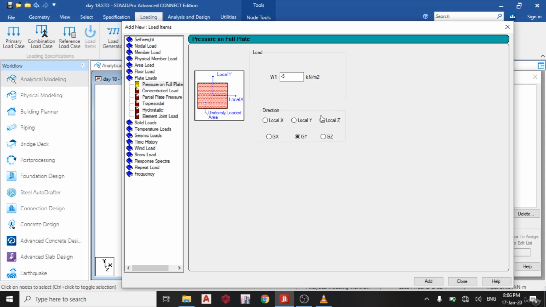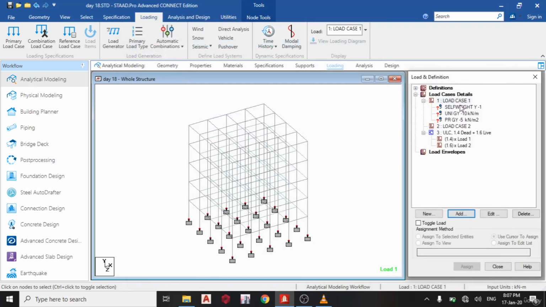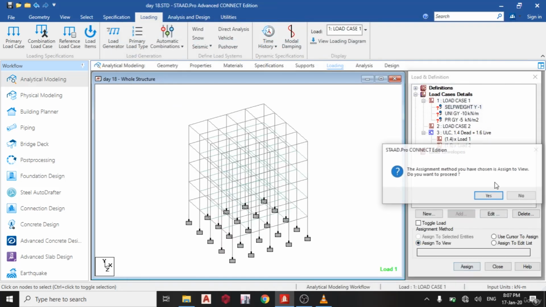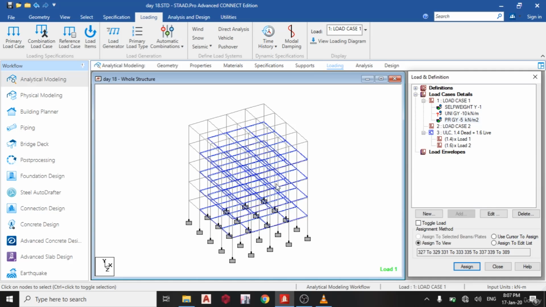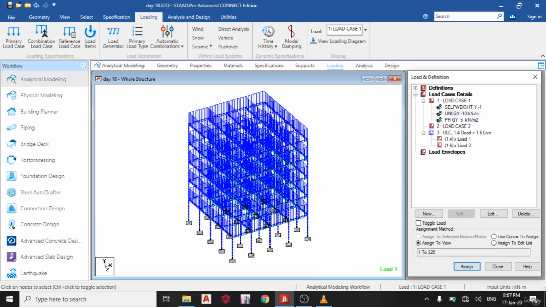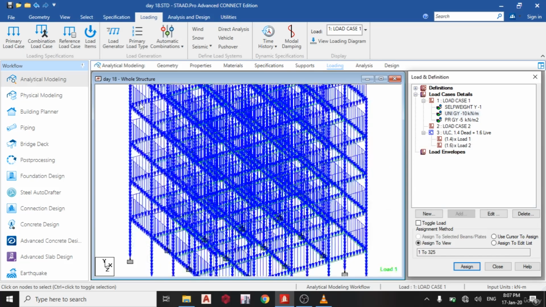If Z is pointing down, that means the top is facing down, and I have to use +5, but I don't know if it is. So I will click add, close. So assign to view, assign. Now this one I want to assign it to, okay, assign to view since they're only plates. Assign to view. Now if I assign it to view, it will also assign to the columns. What I'm talking about, assign to view, assign. So you can see the loads on the columns. So I don't want them to be